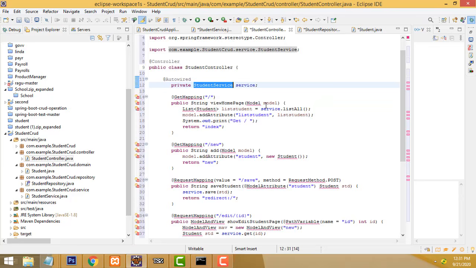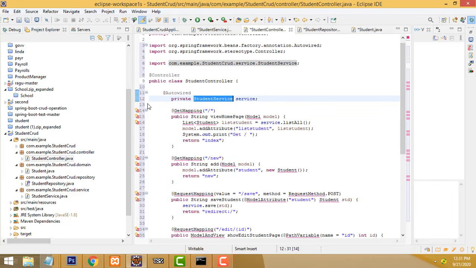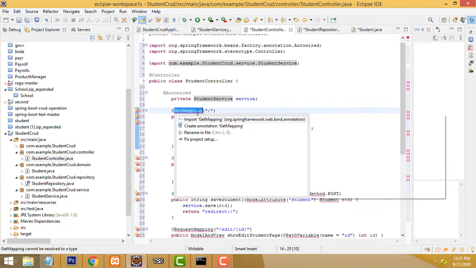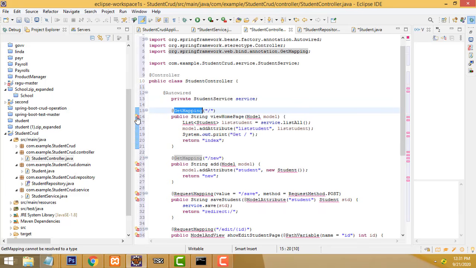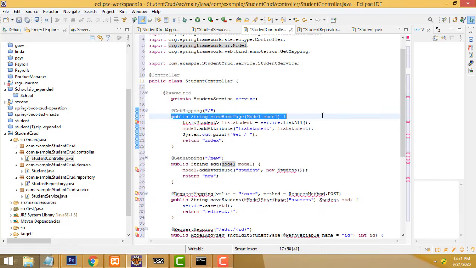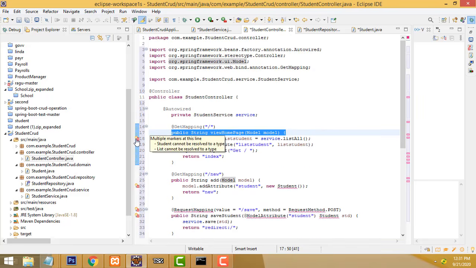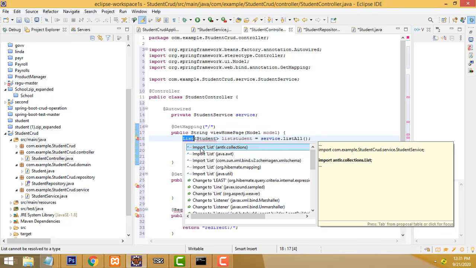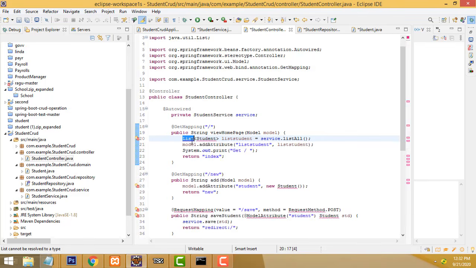Controller, right. If you come to the controller part, that is the problem. First in the controller we have to add the packages. Click on this one and select to import the models, right. The appropriate classes are there, so it asks for the classes, and we just click and add them over here. This is a list, so don't select it here. It is available in the java.util package, so then only it goes.